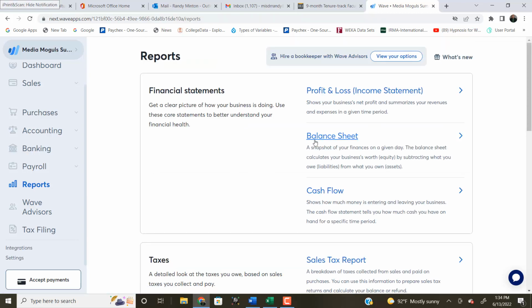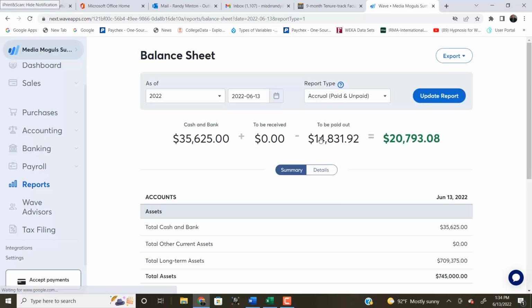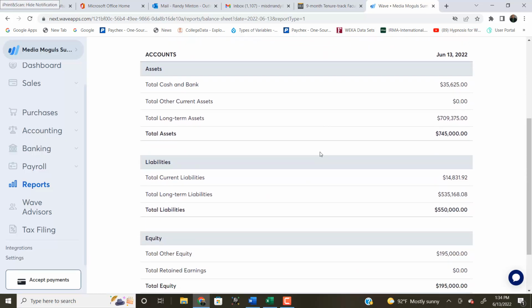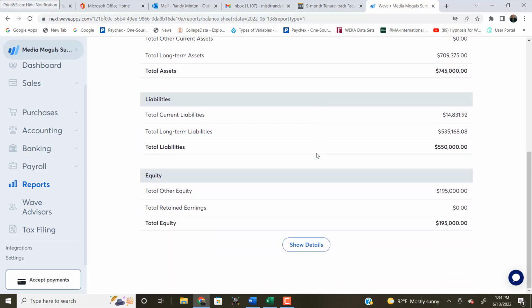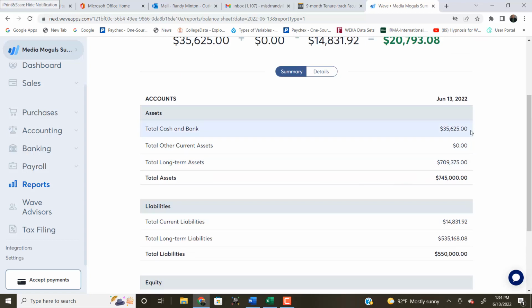Okay, so let me just make you aware of one other thing. When I go to Reports, and if I look at the balance sheet, I want you to notice that the balance sheet does not conform to the trial balance, and the reason is that the balance sheet also has some negative numbers in it, and inside this long-term liability you have accumulated depreciation. So the total assets in fact are